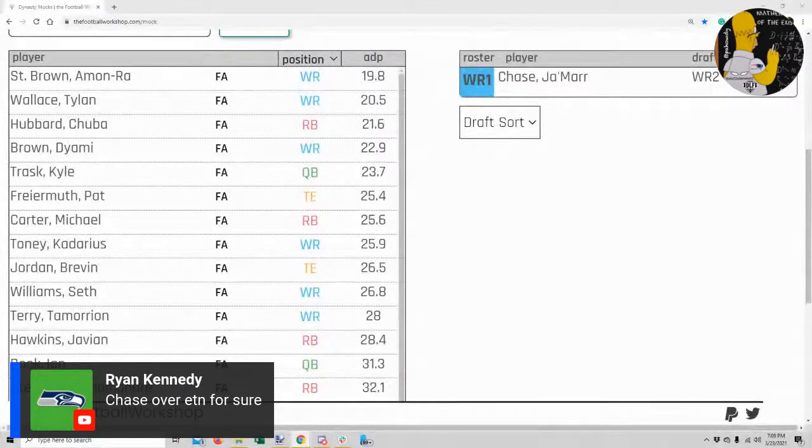Yeah, I felt pretty comfortable in taking the number 1 wide receiver there over the number 2 running back. But, you know, I get running back wrong a lot. This second round pick, I'm thinking, quite honestly, Chuba Hubbard, since I went wide receiver anyway. That's where I would go.